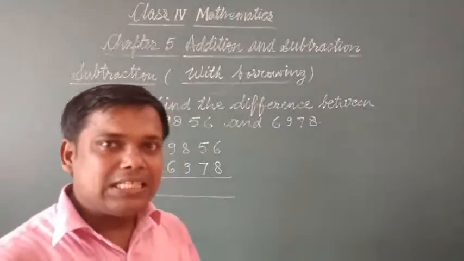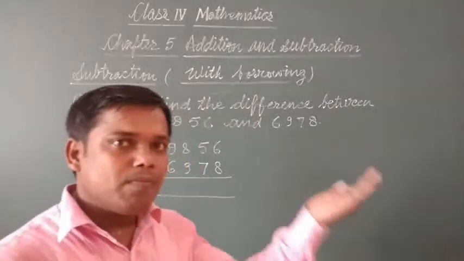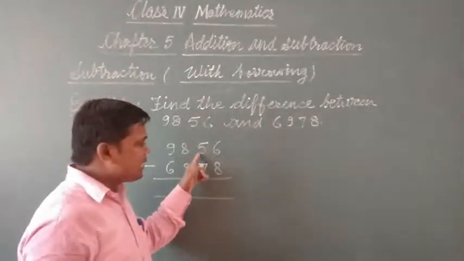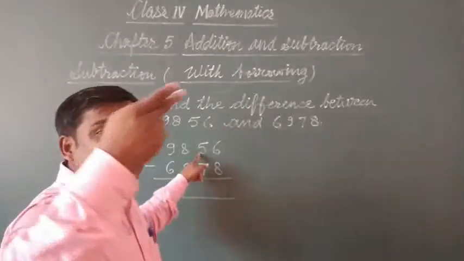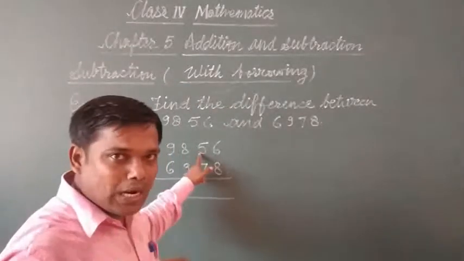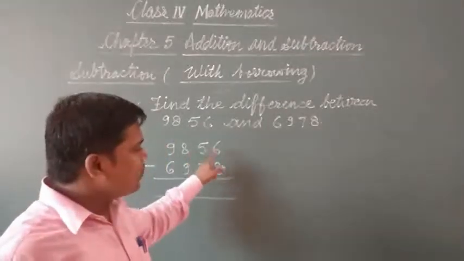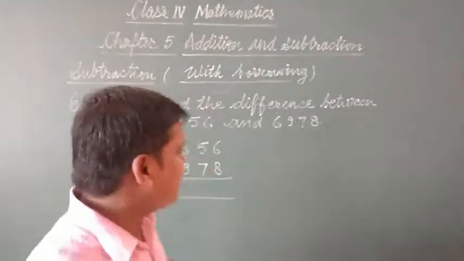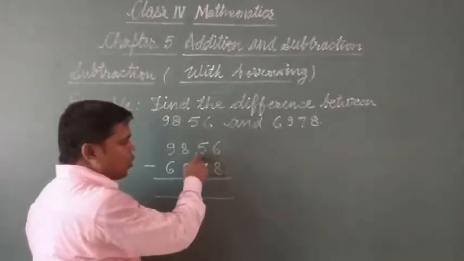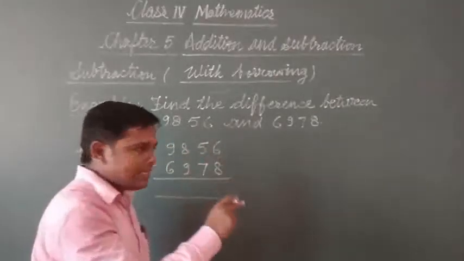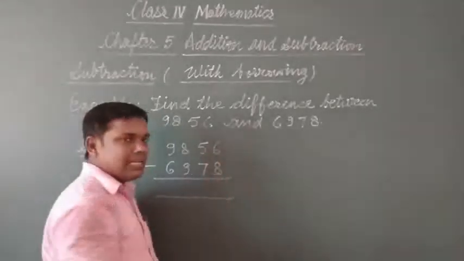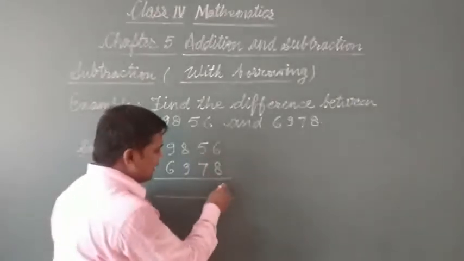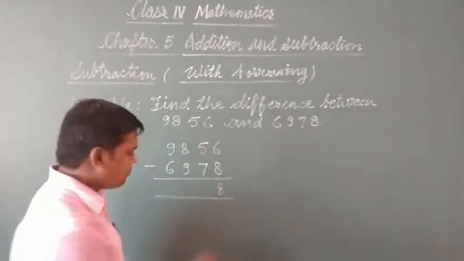Okay, in this case, we take borrow from the digit at tens place. So when we take borrow from tens place, we are taking 10. What are we taking? 10. And 10 plus 6 becomes 16. How much does it become? 16. After taking borrow from 5, 10, we will now have 16, and from 16 we subtract 8. So it will become 16 minus 8.